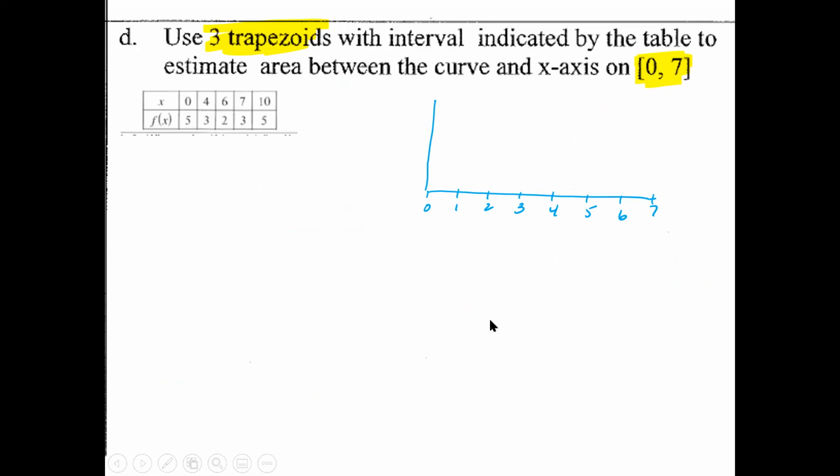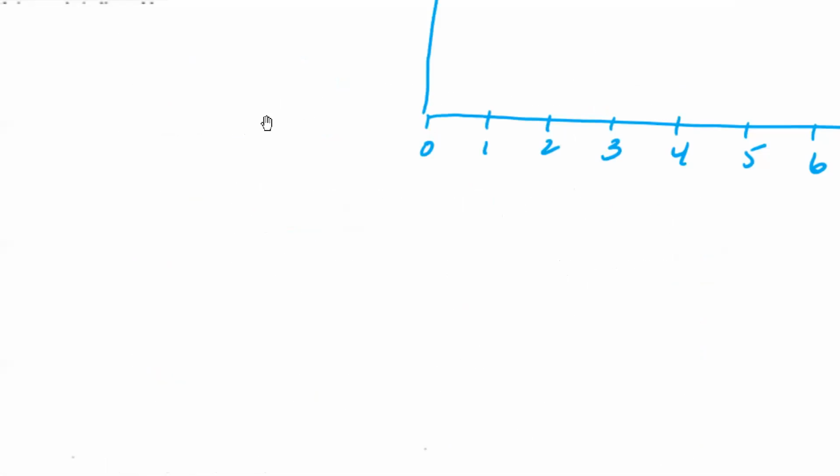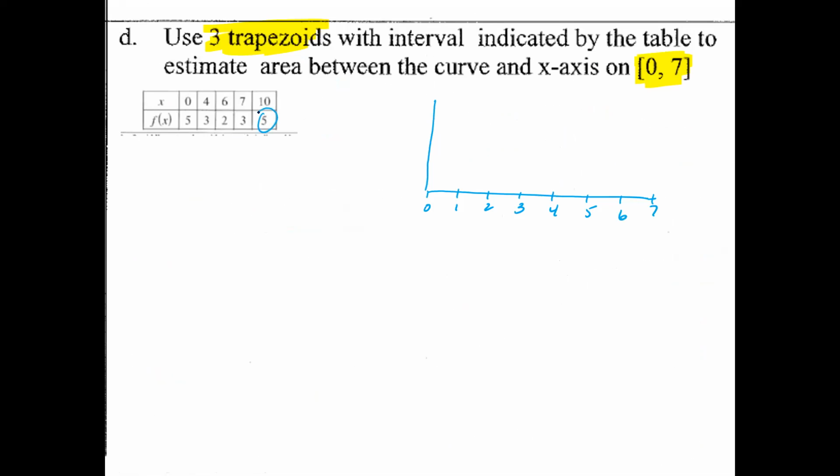All right. So then here's my table, and I know the highest y value that I have here is 5. So I know that on my y-axis, it's going to go from 0, 1, 2, 3, 4, and 5. All right, and so this is going to be a rectangle. So my first one is going to be from 0 to 4. So 0 is at 5. 4 is at 3. The y value is at 3. So here is my first